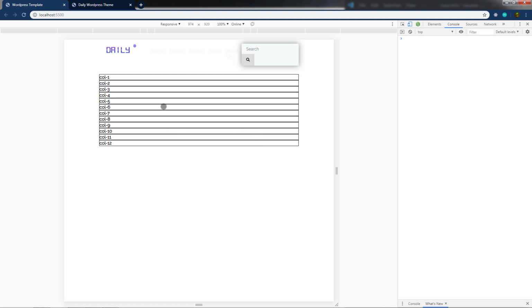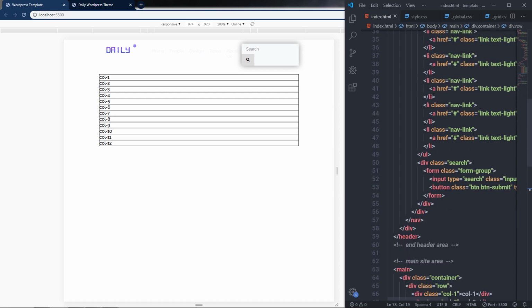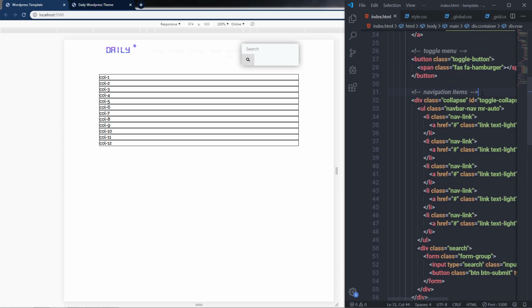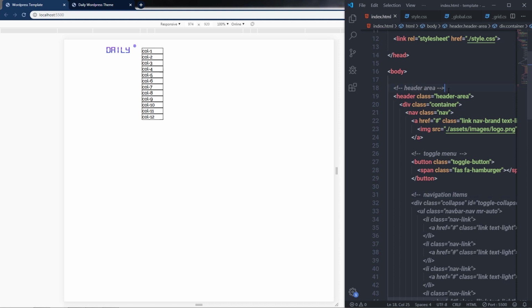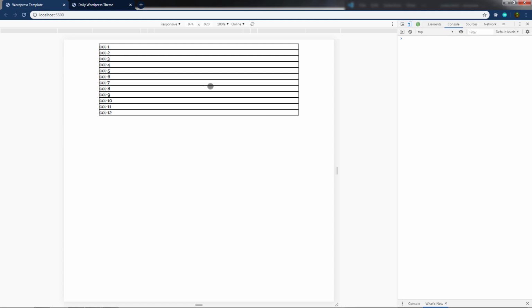responsive. But for now, let me remove this navigation menu. I'm going to hide this navigation menu using this comment. So I'm going to remove this closing comment from here. This will remove this navigation menu just for now, and I'm going to remove this closing comment from here as well. So I'm going to remove this navigation menu, and let me explain how you can create your own